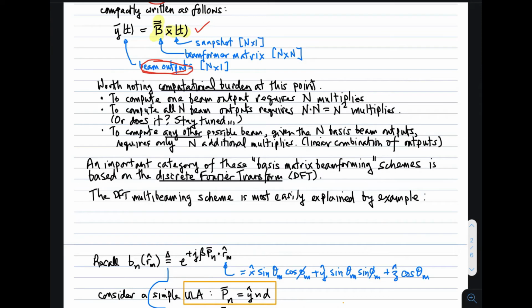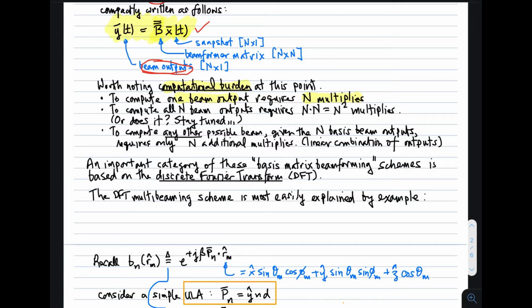So at this point, it's worth noting the computational burden of this multi-beaming operation. In other words, if we use this matrix formulation to determine beam outputs, then the question is, how much effort does it take to compute? And that's most commonly done in terms of the number of multiplies. So to compute one beam output, it should be clear that you have to do n multiplies. Now these are complex multiplies, but we're not making any distinction between complex and real multiplies here, but n multiplication